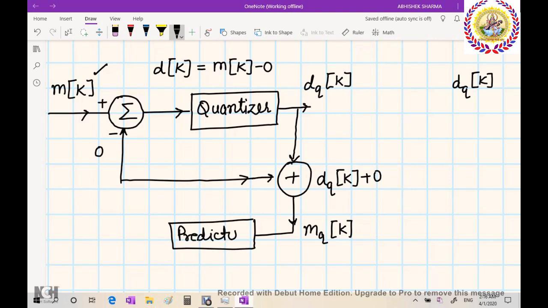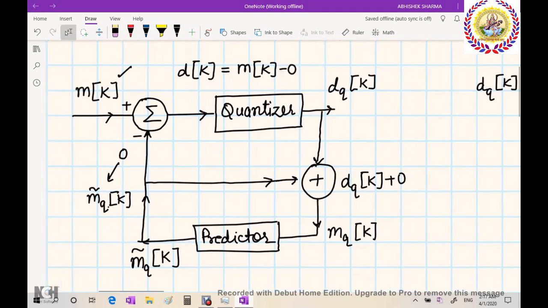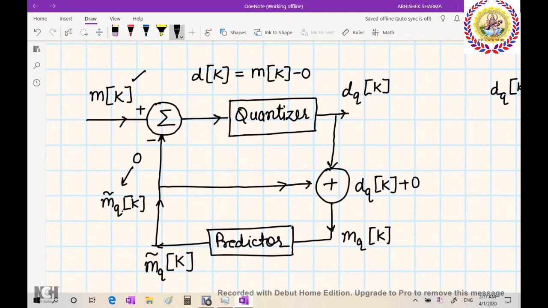The predictor is a special circuit or device, actually a transversal filter, and the working of the predictor I will describe further. Now the predictor output will be the approximated value of mqk, and definitely the next value after 0 will be mqk. It is ready for the next clock, and after the next clock pulse the input will change to m